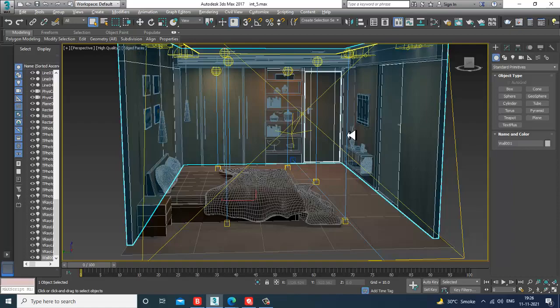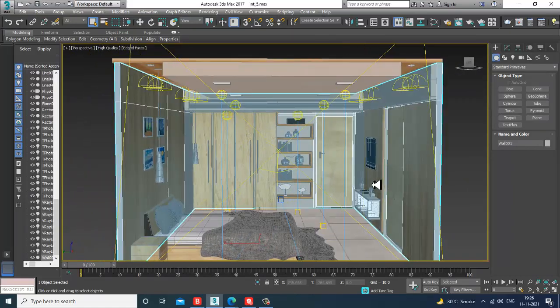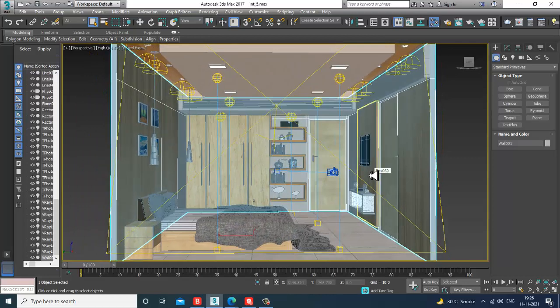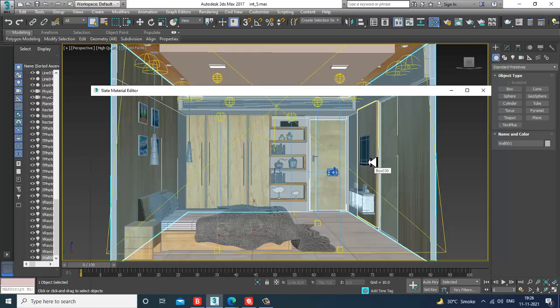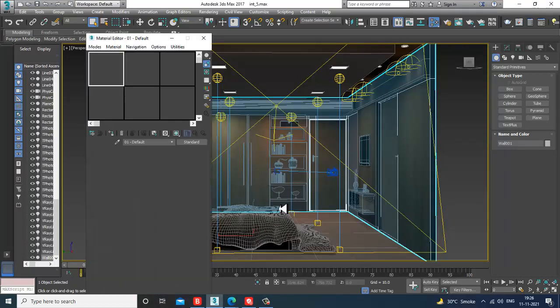So now what I'm going to do is put a HDRI map. So let's go into material. We'll add a HDRI map. I'll go into this material editor and I'll call a HDRI map over here.